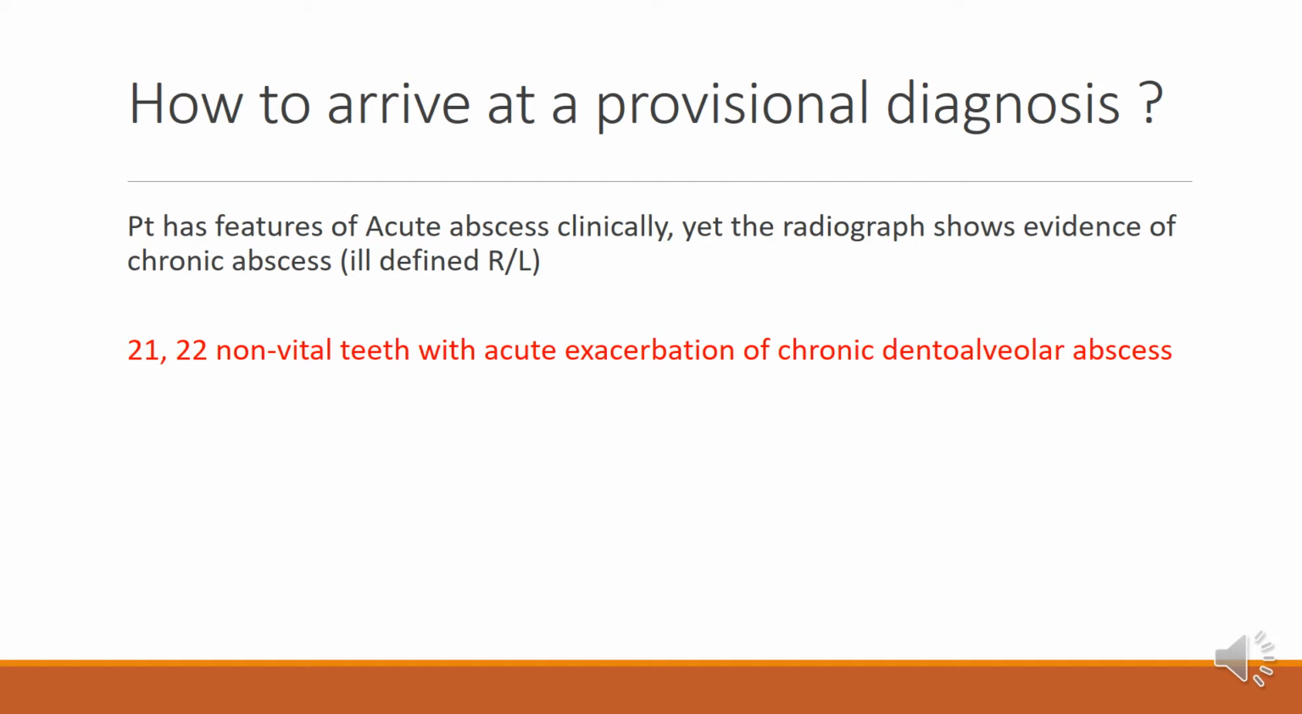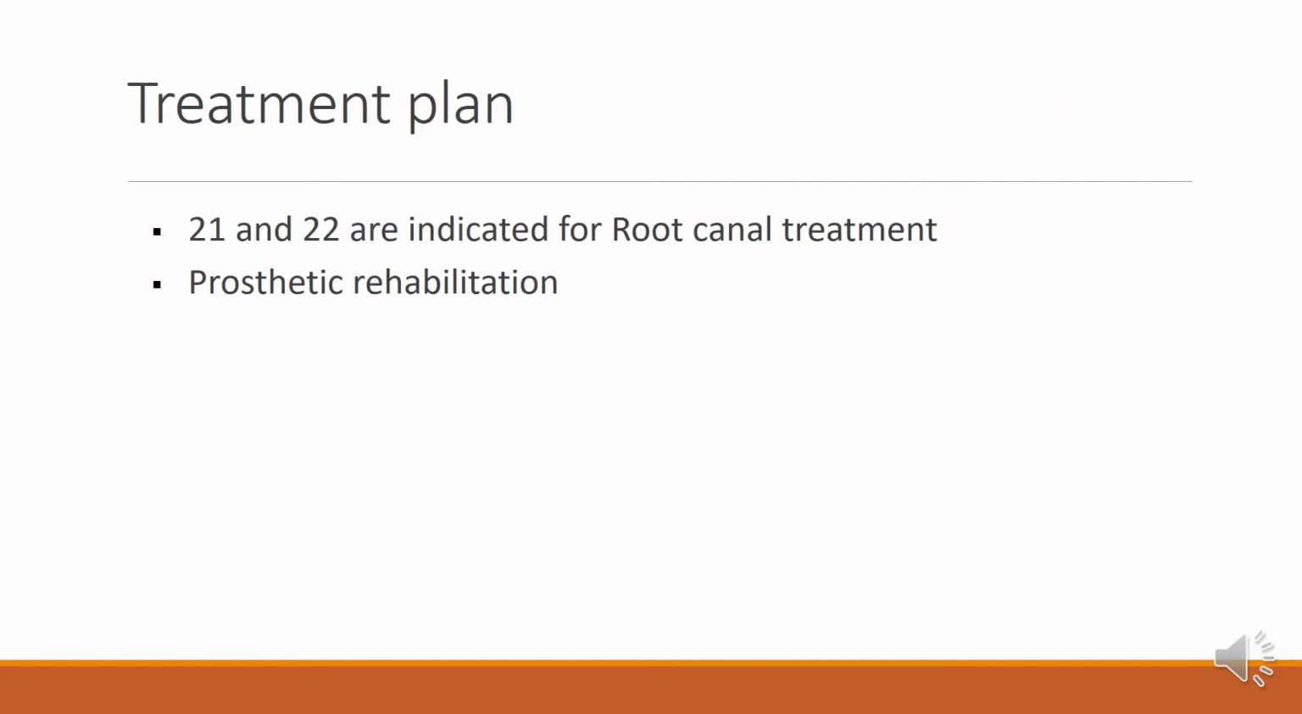So putting all of these together, we arrived at a final or a provisional diagnosis of 2-1 and 2-2 being non-vital with acute exacerbation of chronic dentoalveolar abscess. Now this could also be called a Phoenix abscess, but the more appropriate terminology would be acute exacerbation of chronic dentoalveolar abscess. For the treatment plan, 2-1 and 2-2 were both indicated for root canal treatment, followed by prosthetic